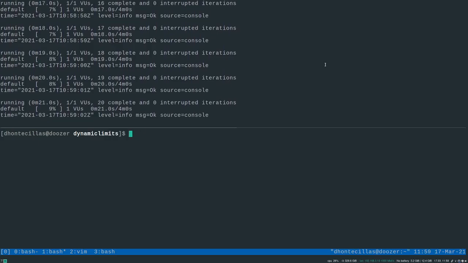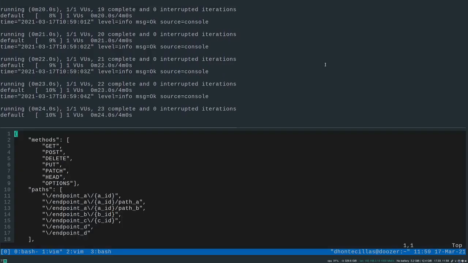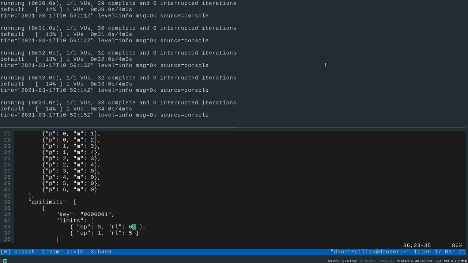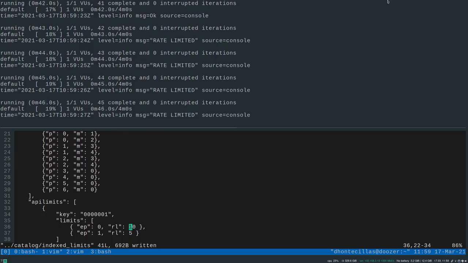If we edit the limits, currently for the endpoint we have 60 requests per minute. So this is above the script's rate, and it's not going to hit the limit. If I change it to 10, we should suddenly start seeing the rate limit messages over here, because we were doing like 60